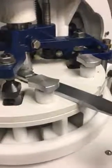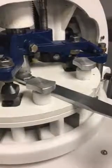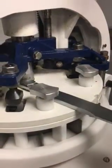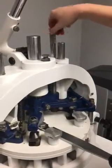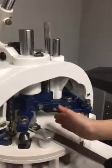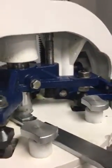Cool. So this is a general video on just how to use the DSA and DSF units. The first thing that you want to look at is this distance right here. As you can see, I'm toggling up and down. So this distance in between right here and the plate is going to correspond to how thick your dough is